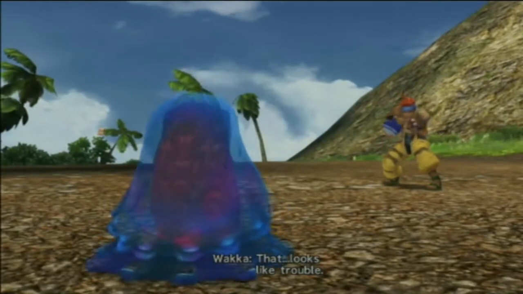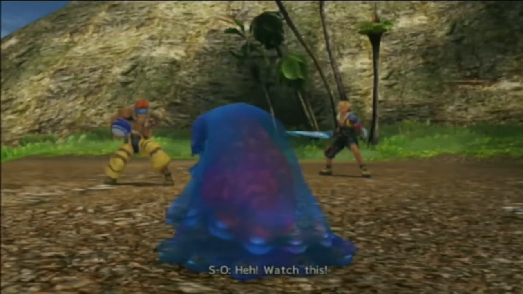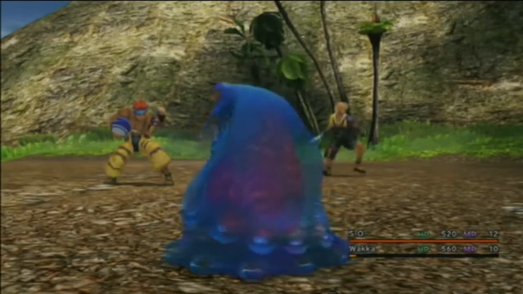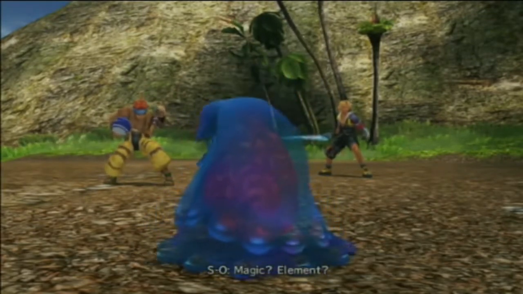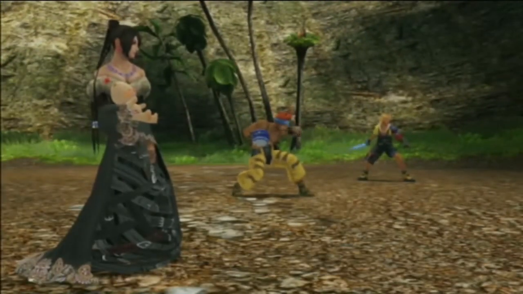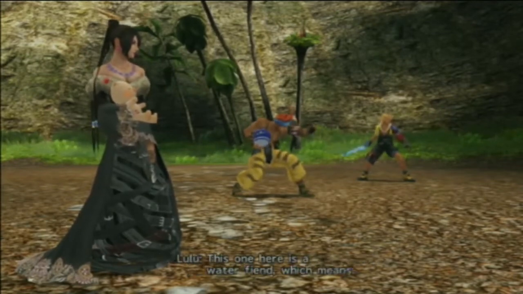That looks like trouble. Ha! Watch this! And so this is the elemental tutorial. Told ya. If you can't beat them down, you got magic? Let's have our black mage, Lulu. Clueless, aren't you? Spells of ice and ice fiends are... I get firing up. Lightning and water are up. This one here is a...